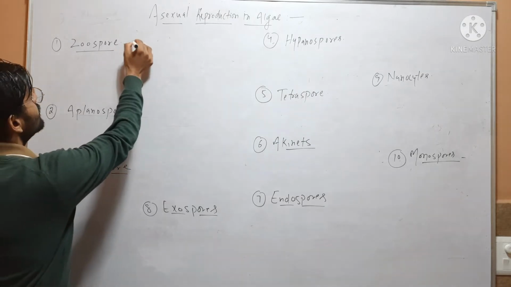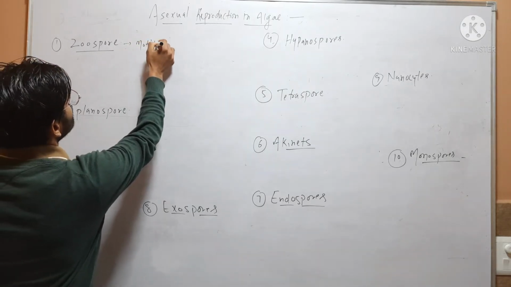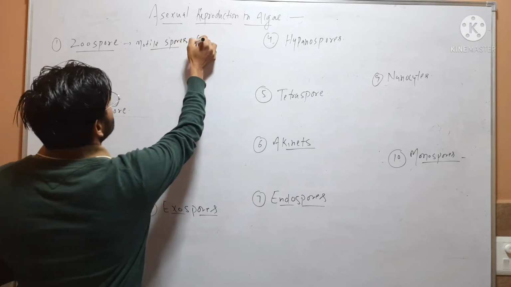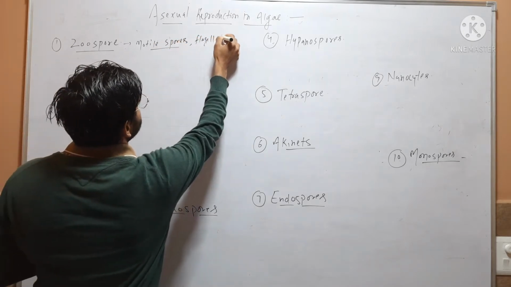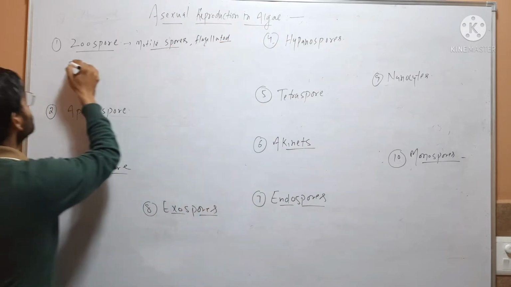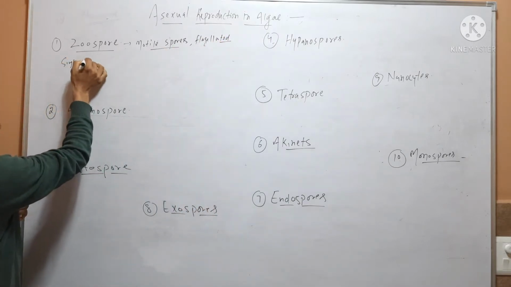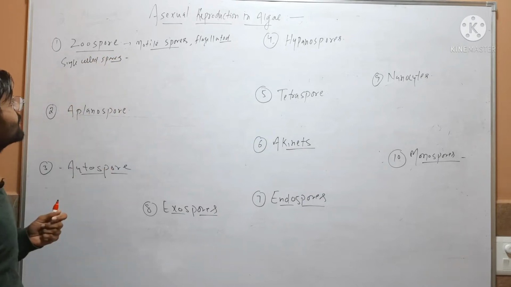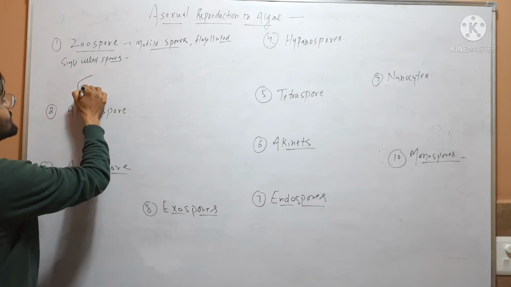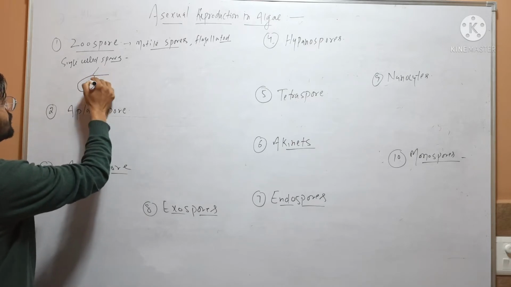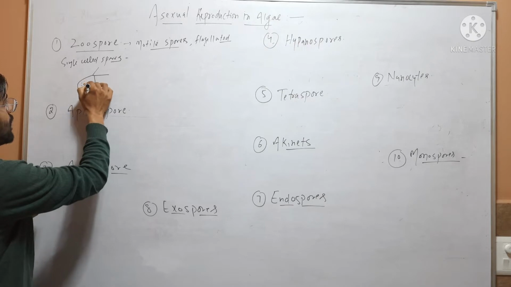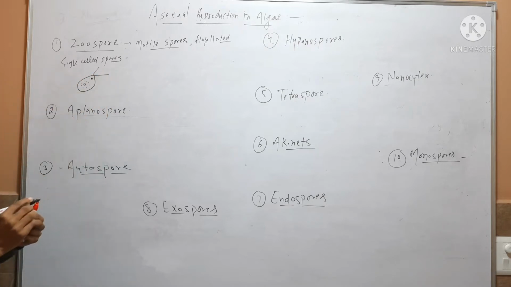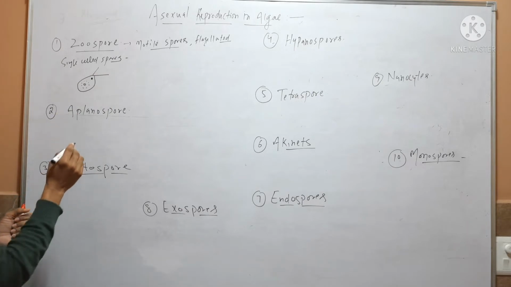So these are motile spores, or you can say flagellated single-celled spores. So these are called flagellated single-cell spores, which have small protoplasm, flagella and an eye spot. So these are called zoospores,